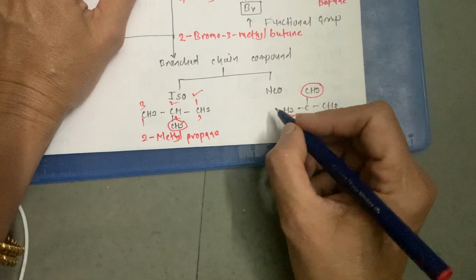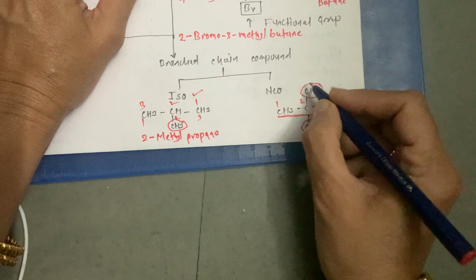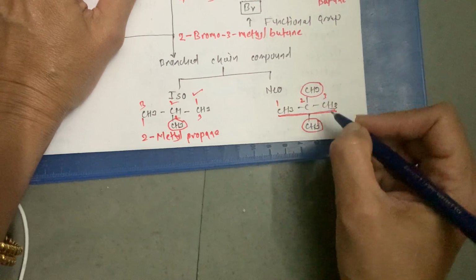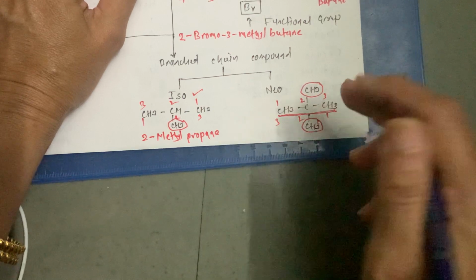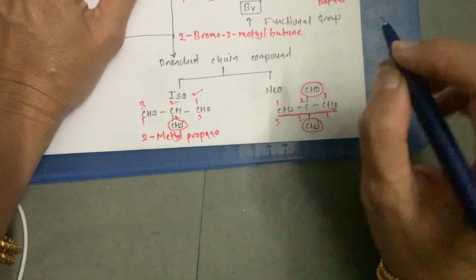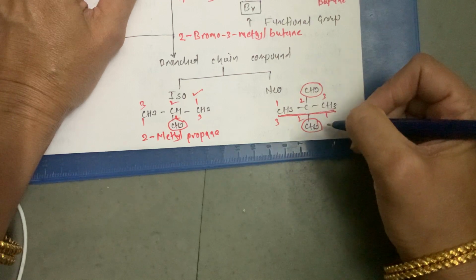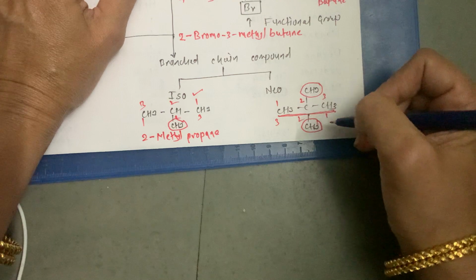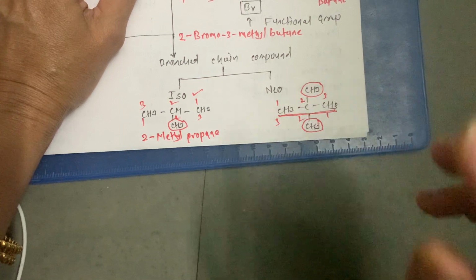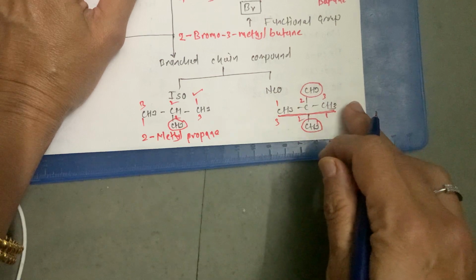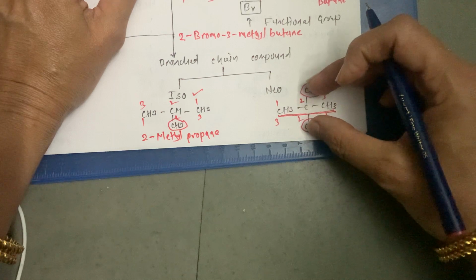Okay. Now from any end, branches are at the second carbon atom. See here, this is 1, 2, 3 and this is 1, 2, 3, and both the groups are same. Which are these groups? These are 2-methyl groups. So how to write this name? Parent hydrocarbon, longest continuous chain is of the 3 carbon. So the parent hydrocarbon is propane again. And now we have to mention these 2-methyl groups.